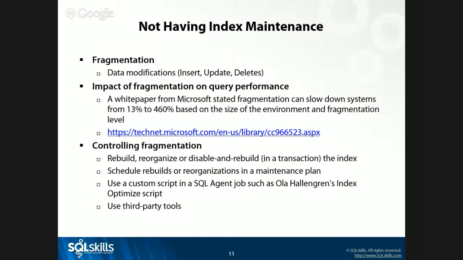The next night, his ETL process runs. I get a phone call in the middle of the morning. What did you do? You broke it. It didn't run. I'm like, what do you mean it didn't run? Well, there's no way it could have finished. It only took 2 hours.